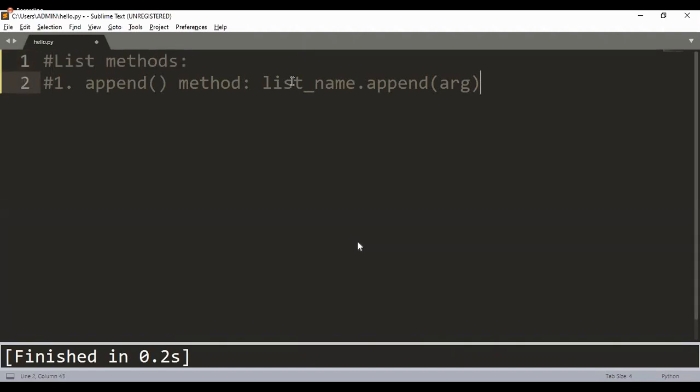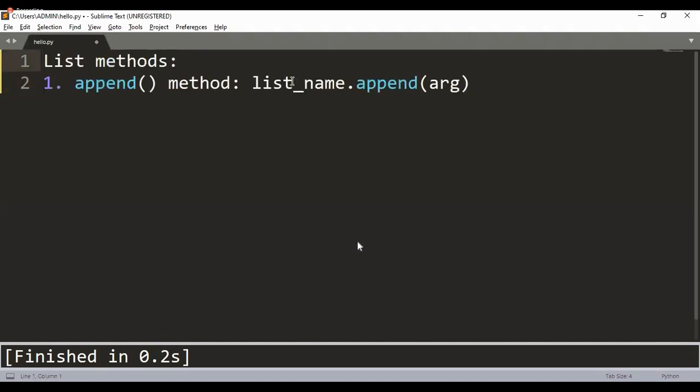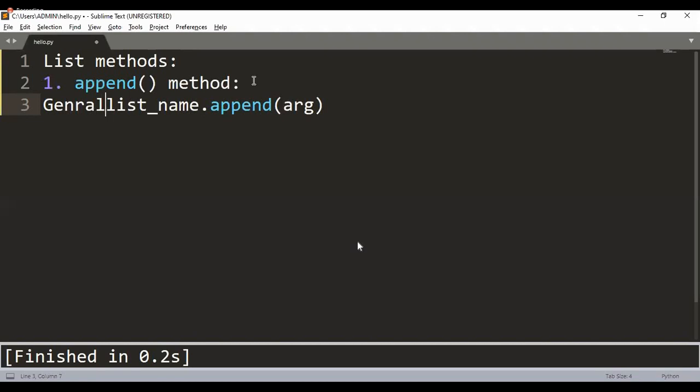Please make a note of whatever is there on the screen. Right on the heading, list methods, under that first one, append method, and below that you can make a note of the general syntax also. This is the general syntax.